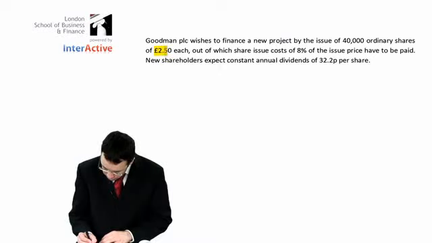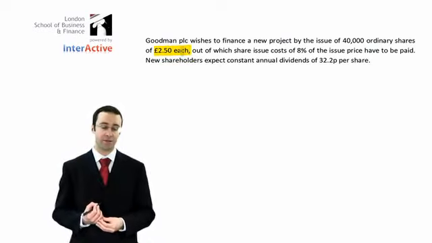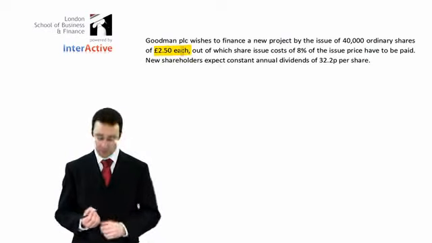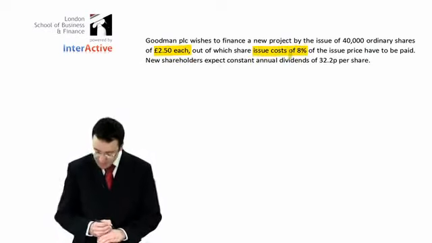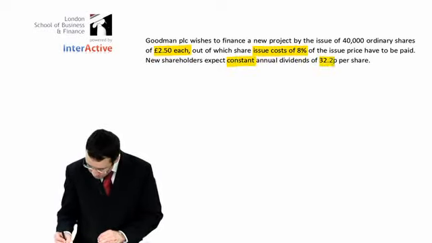So as a formula, it's just your dividend divided by your price ex-div less your issue costs. If we look at this example and try to calculate our cost of equity, we can see that we're going to issue some shares, 40,000 of them, and we're going to finance it at £2.50 each. So that's going to be the value of your shares. We're then told that there are issue costs of 8%, and that we're going to get constant dividends at